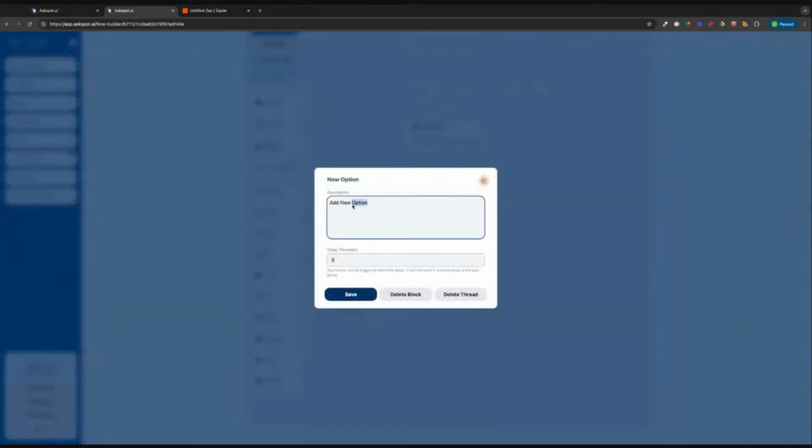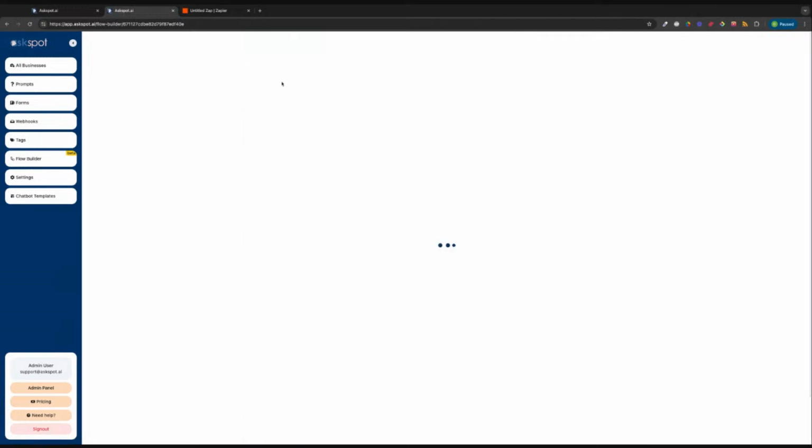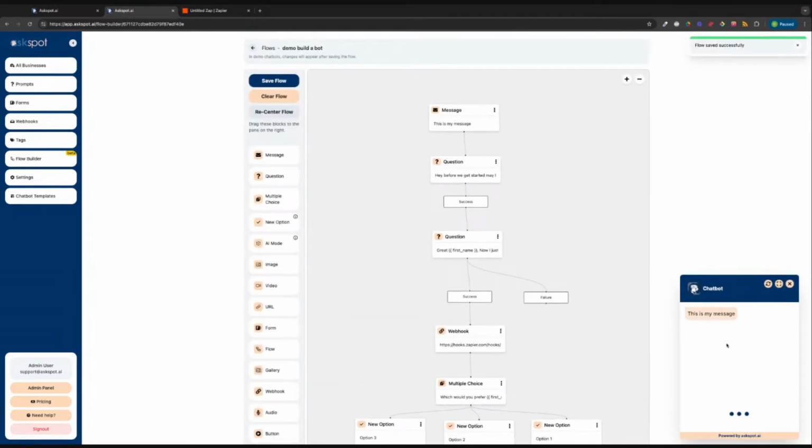And option 3. Now, depending on which option they select, we organize these a little bit differently. Now you can be branched in 3 different ways. You can go down this pathway, or this pathway. And just to show you what this looks like, if we go and run this, that's my message,